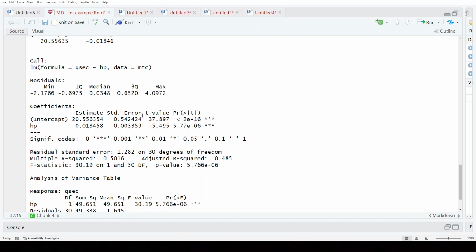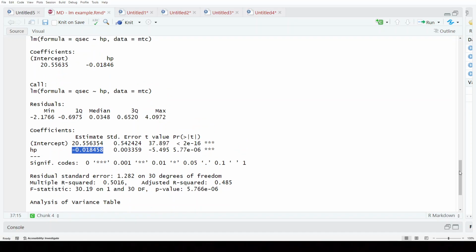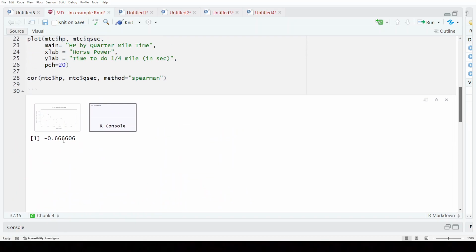The next thing in the summary, of course, is your standard error and the associated p-value, both of which are very close to 0, well below most thresholds that we'd use in this application. And that's the p-value associated with the t-test. And then, as before, we have our estimates. And the thing to notice here, especially with horsepower, is that that sort of makes sense based on what we saw here